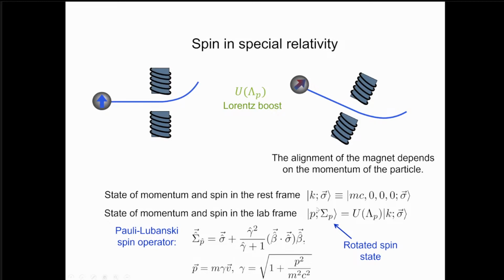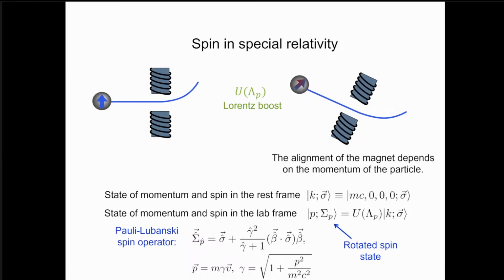So if I start with a state of momentum and spin in the rest frame, where the energy momentum vector is like that, where the velocities are almost 0, when I have only the rest energy, and I have some spin, then if I apply on this state a relativistic boost, this boost will change it into a new state in which I will have some non-zero momentum, but also the spin direction will depend on this momentum. And the nice way to see this is the spin operator actually depends on gamma and beta, where in both of them we have the velocity of the particle or the boost with which we change the state. So we see that there is some kind of a coupling between the spin and momentum,